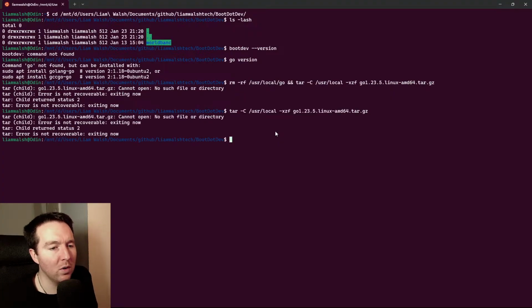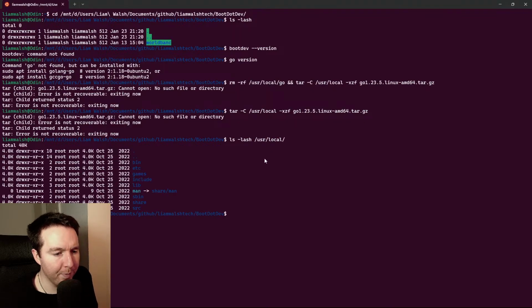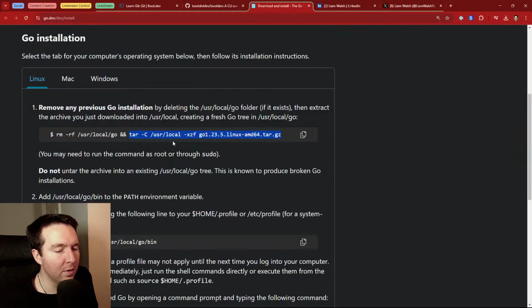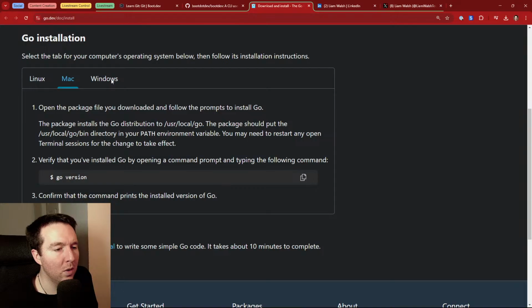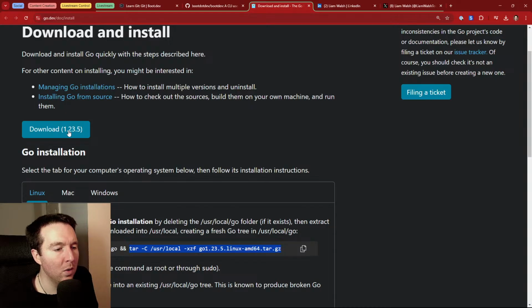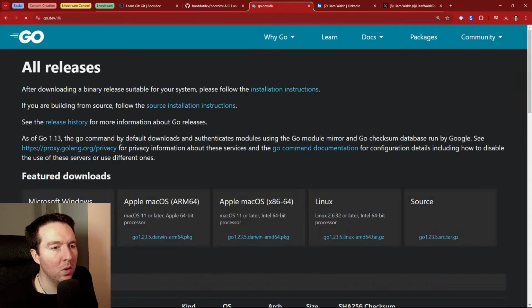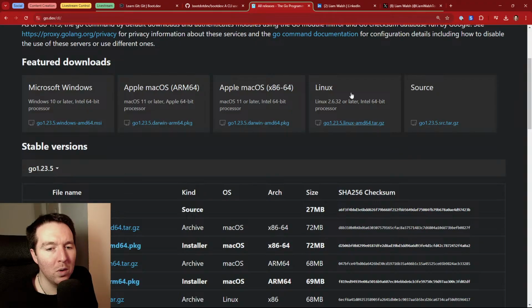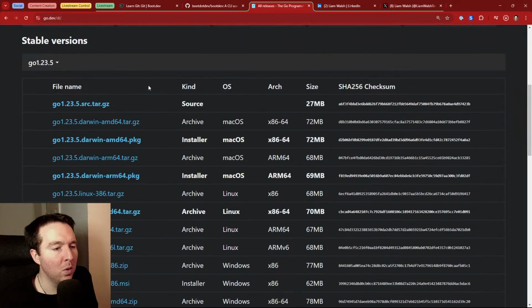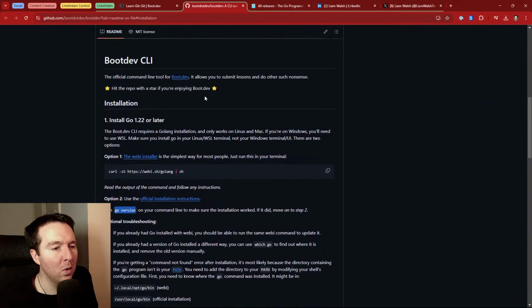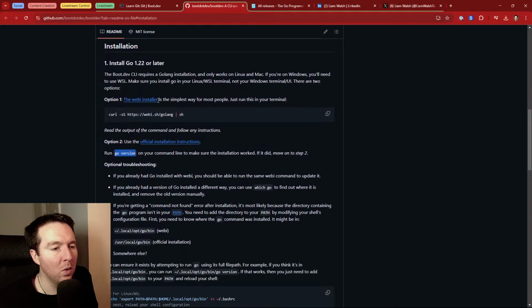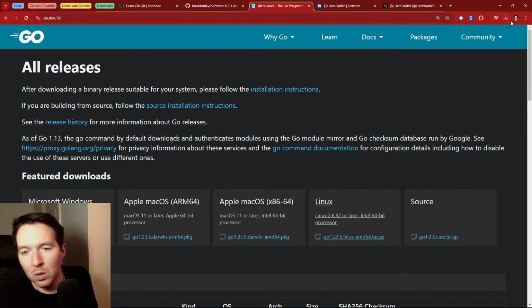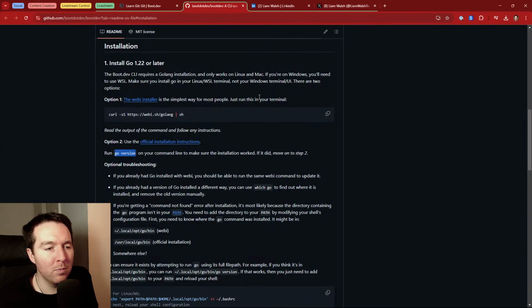I can't open: no such file or directory. ls /usr/local. Let's do it the webby way.